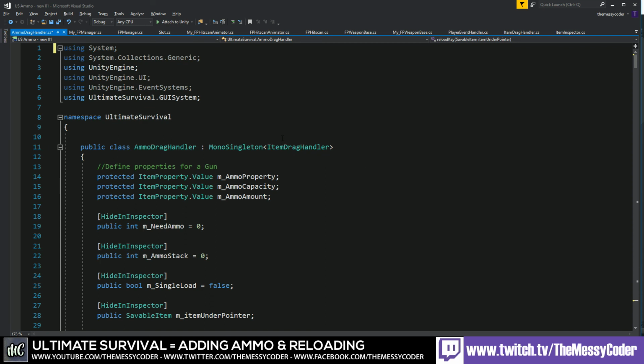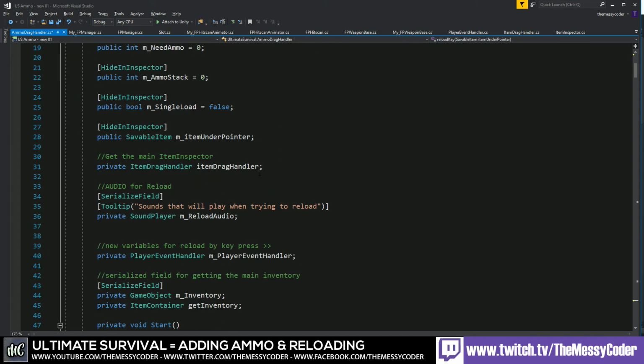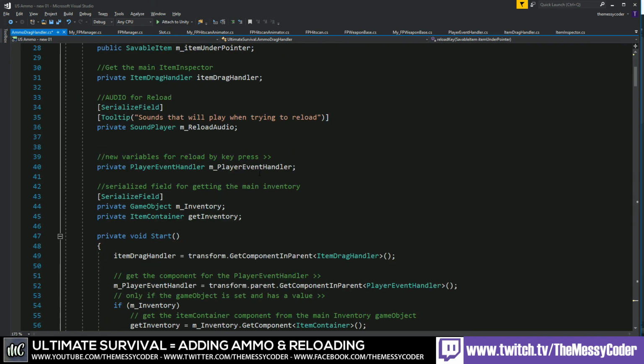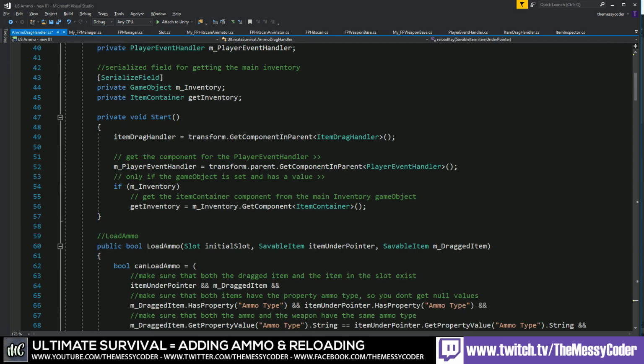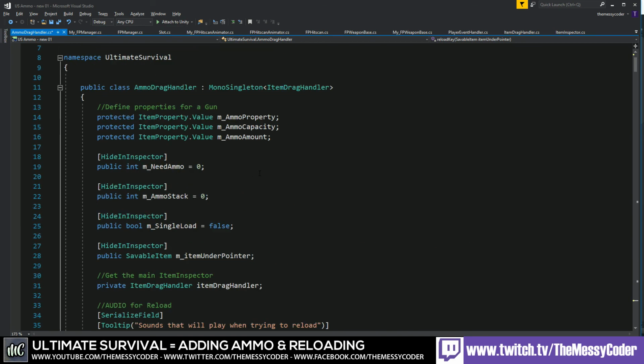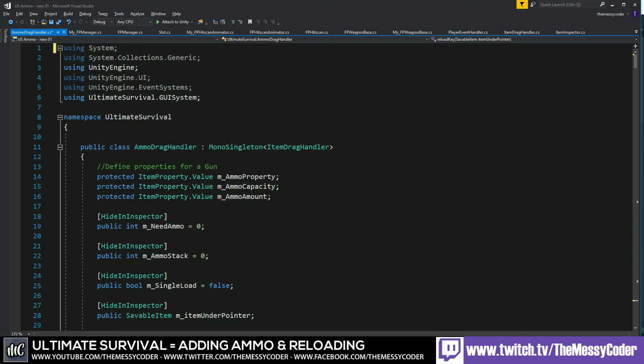And if you want to see what's inside the ammo drag handler, well, there's about 330 lines of code, so I'm not going to go through it all with you now. And we have got 6 other videos in the past that I went through adding all of this code in, and it is available to download if you are a subscriber on Twitch,